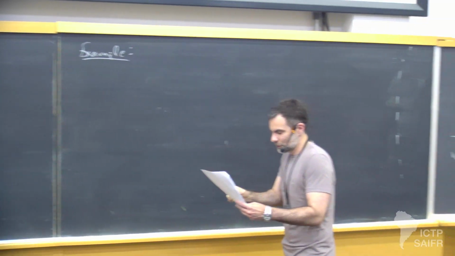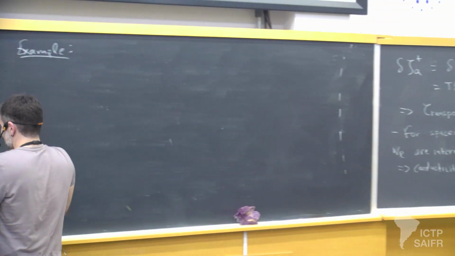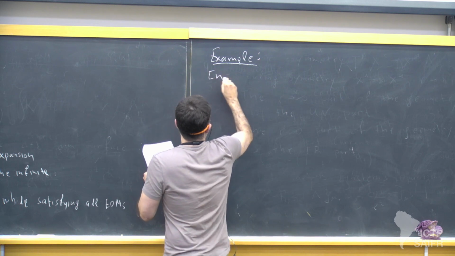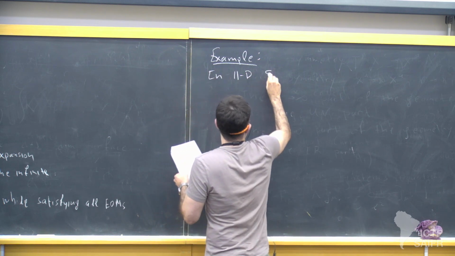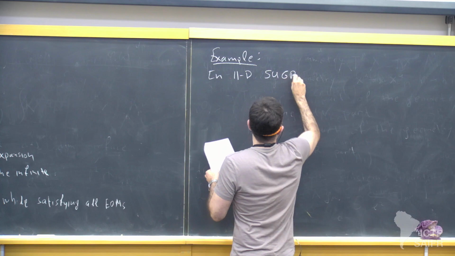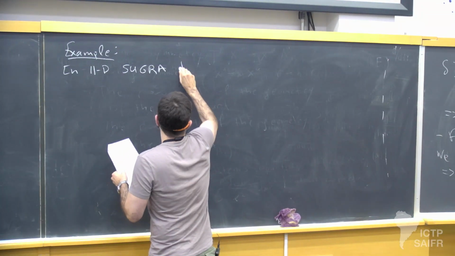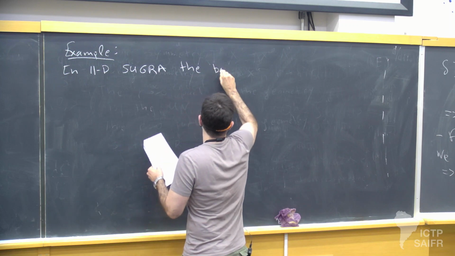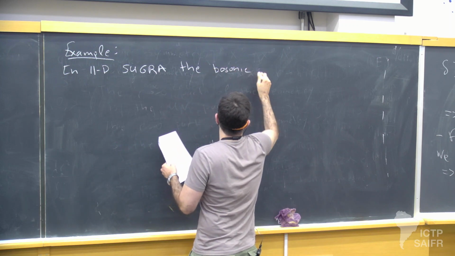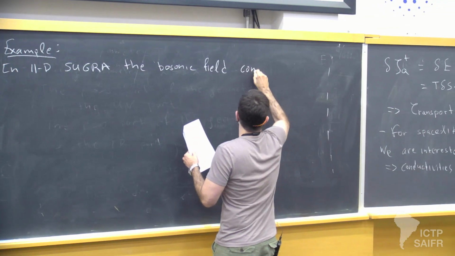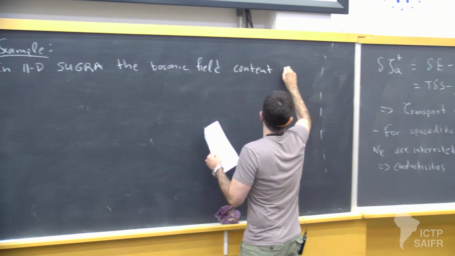I mean, we are not going into much detail. So in 11 dimensions, the bosonic field content is